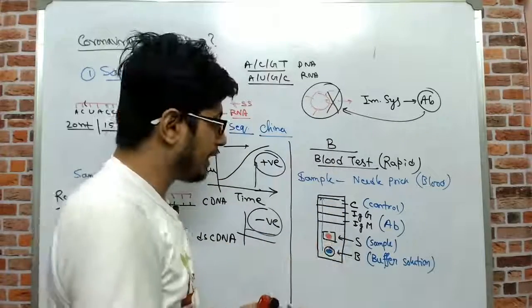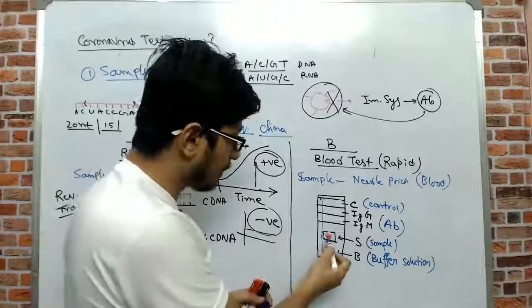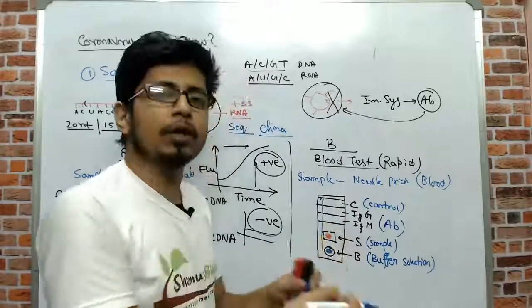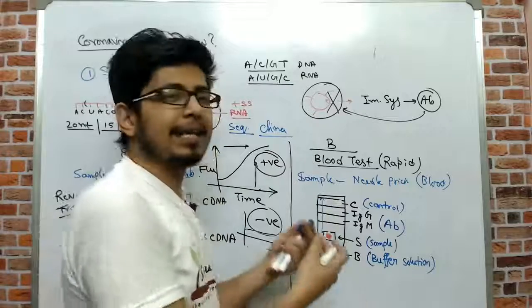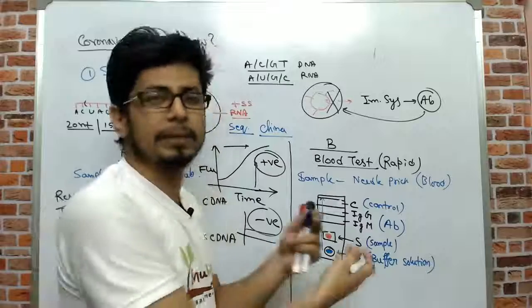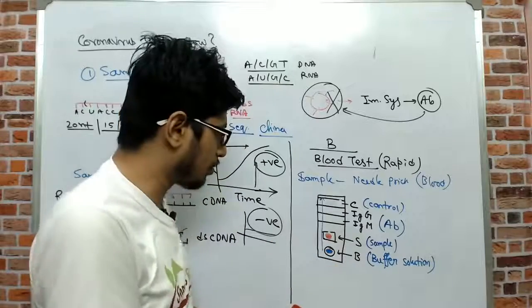as a capillary action, as a result of which the blood contents will be dragged, because in the blood you also have the antibody. You can either take blood or plasma. Normally it's very difficult to isolate plasma at home, so simply take the whole blood. It's also going to work.